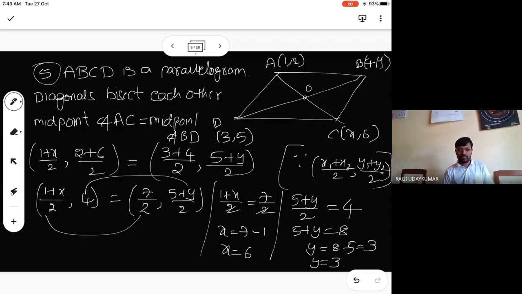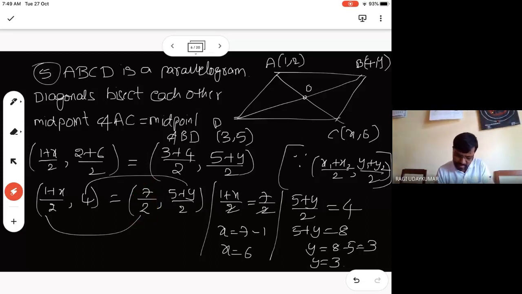No. How? See, once I asked this question, this answer only is given by the student. You are considering this comma this. This x, this is 6, this is 3, this is 3, this is 6, this is 3. So this point will not be 6 comma 3. For this point we need this and this. Without finding this x and y, you can say both are equal, 7 by 2 comma 4 will come.